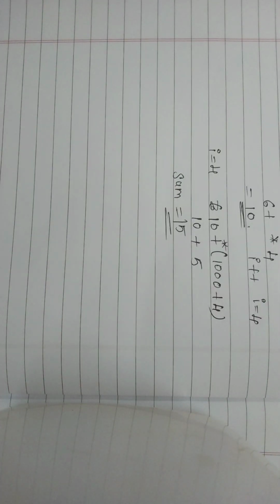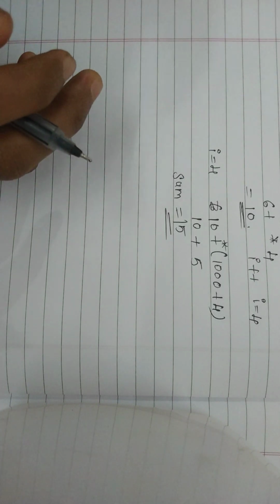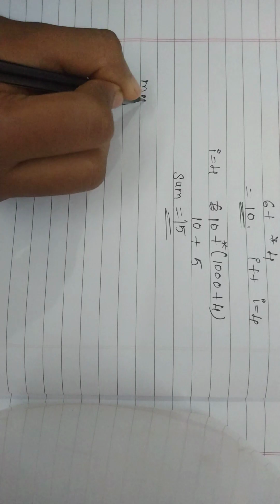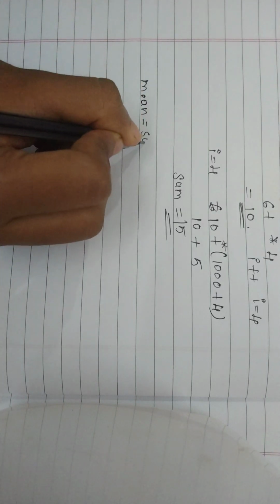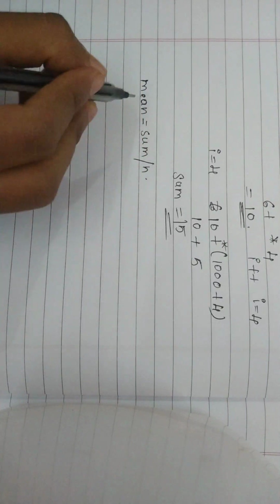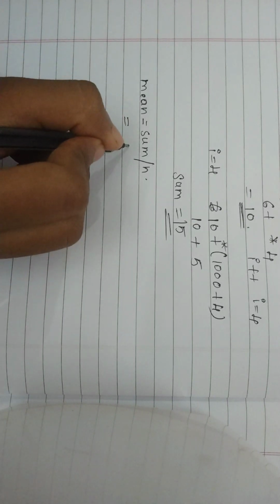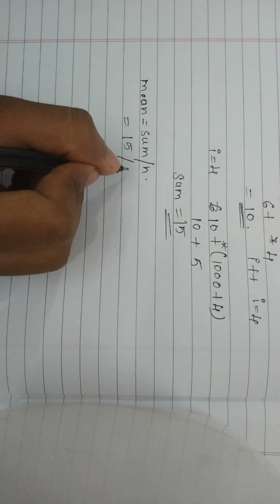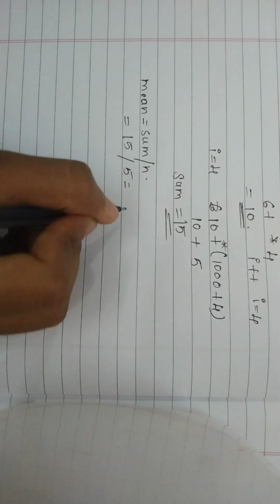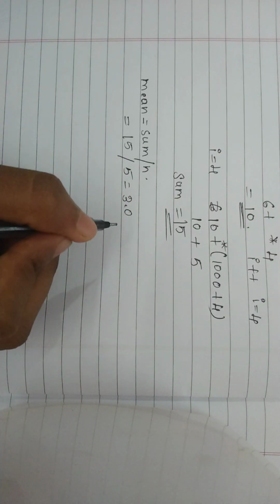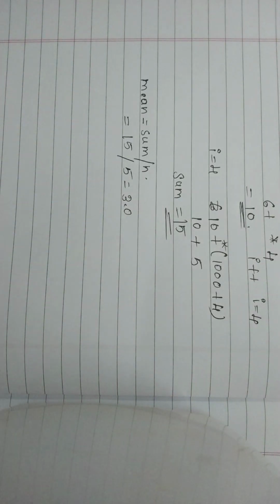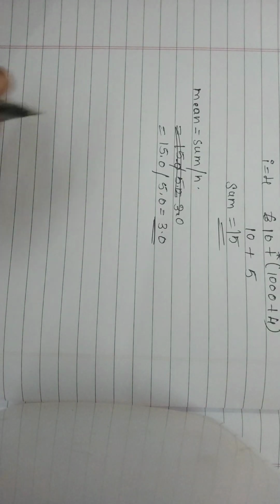So we got sum. Now next we want mean, right? Mean formula is, mean is equal to sum by n. Here sum is equal to 15, so 15 by 5. So 3.0. We get 3.0 here, or 3. So the next logic,